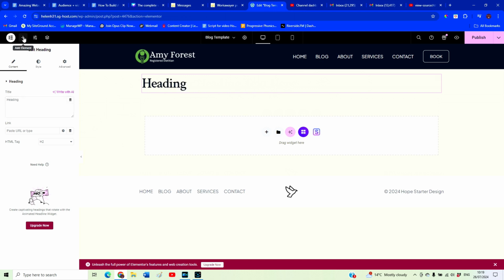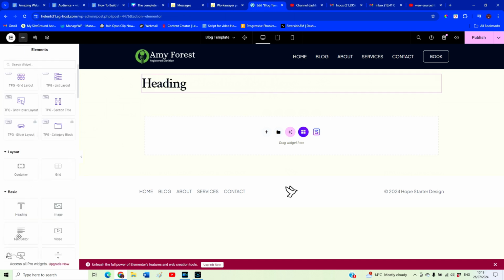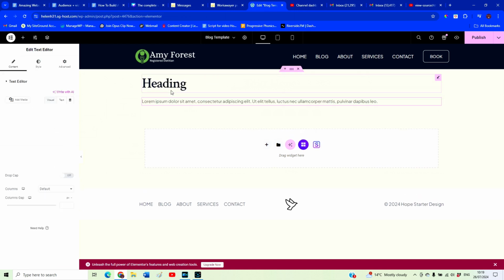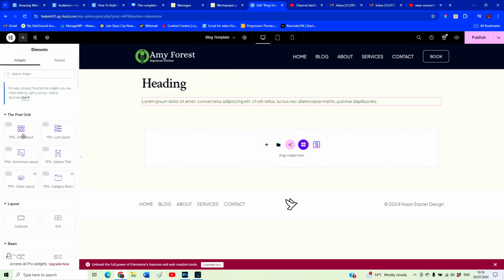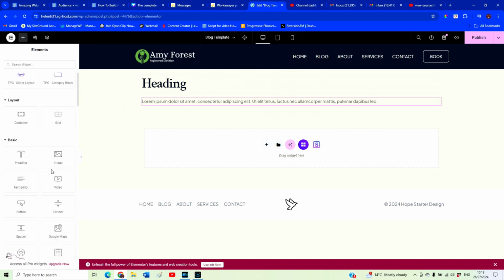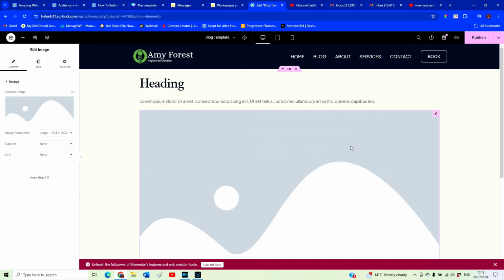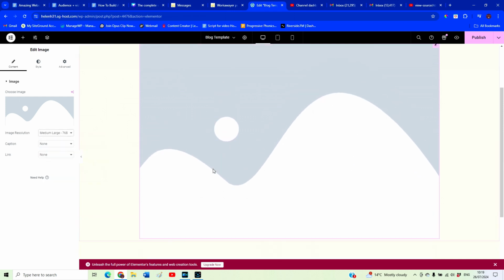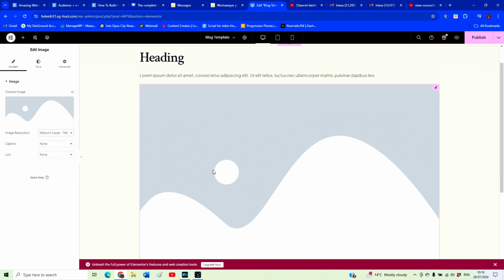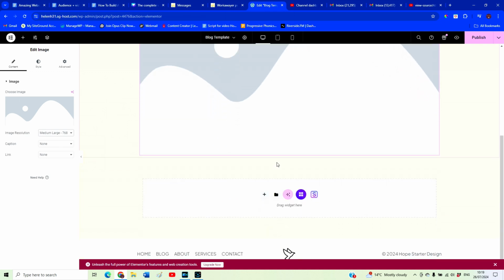Now we want a little subsection that goes underneath the heading. And then the next thing you might want to have is an image to go with your blog post. So we're going to drag over an image. Like that. And then let's say you might want to have a content area